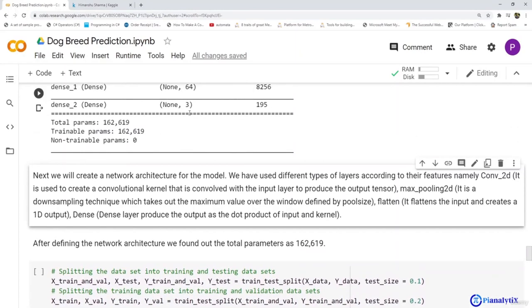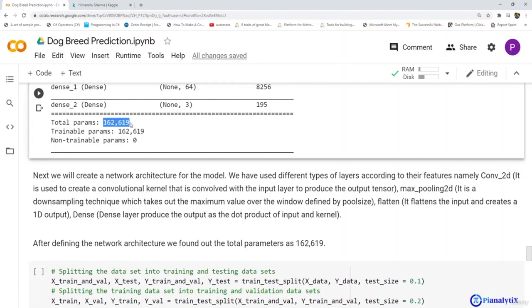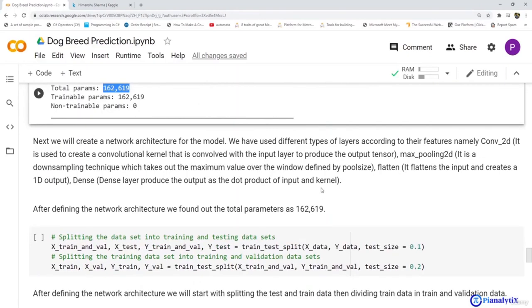After finding out the summary of this network architecture, we found that the total parameters are 162,619.